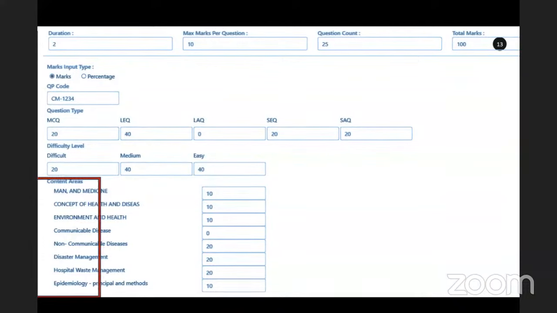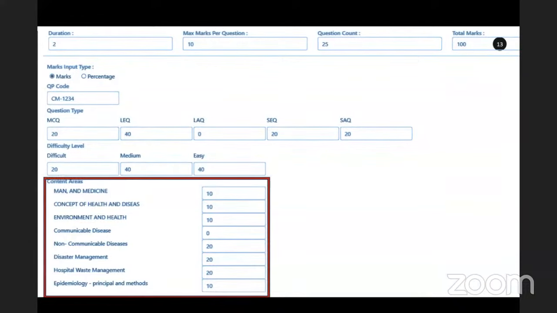And then based on what the subject or the course is, the content areas are populated automatically. Since this is an anatomy question paper, I guess, or community medicine, this is the distribution for the topics, content areas. And this is also pretty flexible. So you can define so many parameters or conditions for you to generate the blueprint. And then